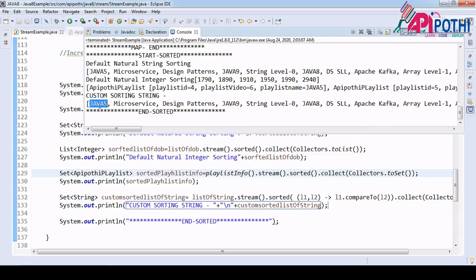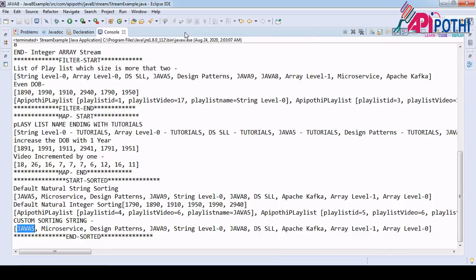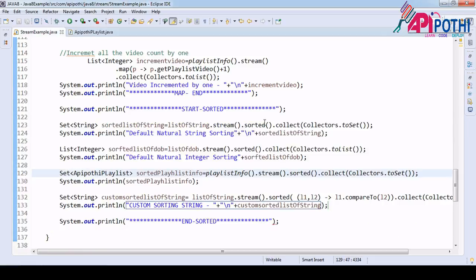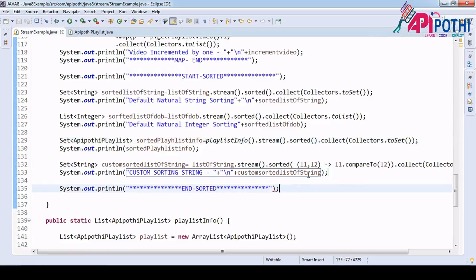So if you see custom Java 5, so it depends upon that. Okay, so they are customizing based on here. If you see A, D, J, S, J, D, M and J, like that they are sorting A, B, C, D. Okay, now this is for string, right? Now we want to do the same for